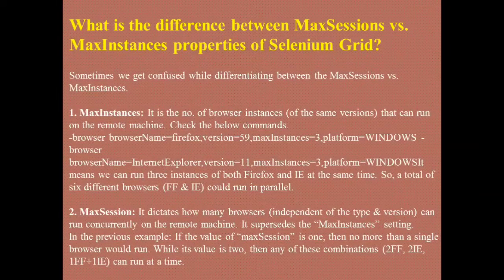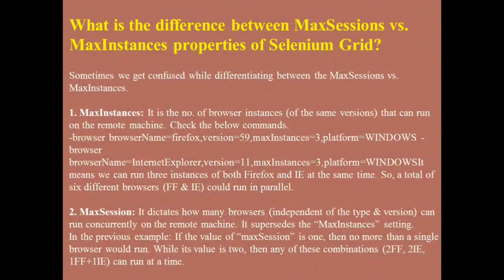Below is the command: browser browserName=firefox, version=59, maxInstances=3, platform=WINDOWS. Then browserName=internet explorer, version=11, maxInstances=3, platform=WINDOWS. It means we can run 3 instances of both Firefox and Internet Explorer at the same time. So a total of 6 different browsers could run in parallel.